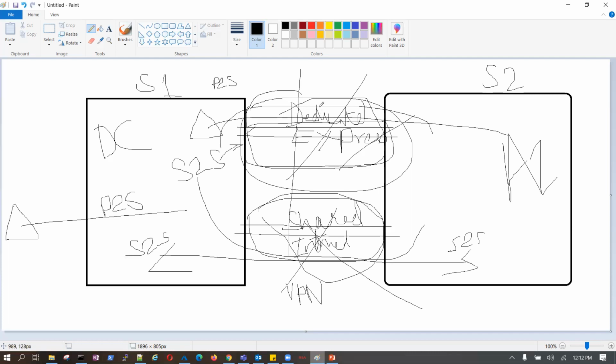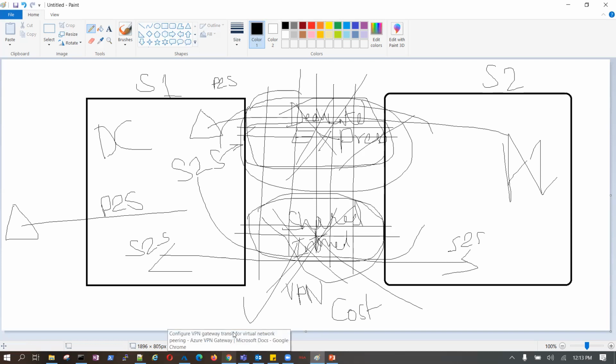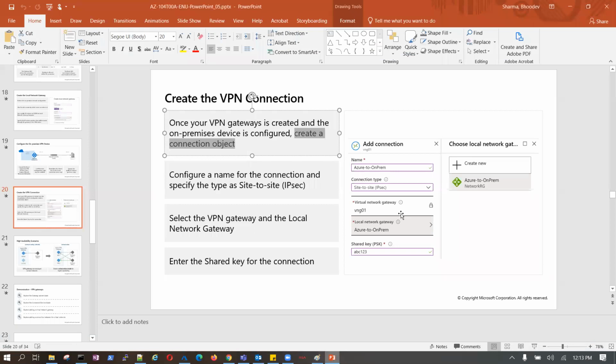It means how we want to have our circuit, our network, our bandwidth. So everything comes down to cost and security. If security is a priority, I will never select the internet, meaning the VPN. If cost is a priority, I will not select ExpressRoute. I will go with the internet VPN. Got my point? Is that clear? Any doubt? No, clear.